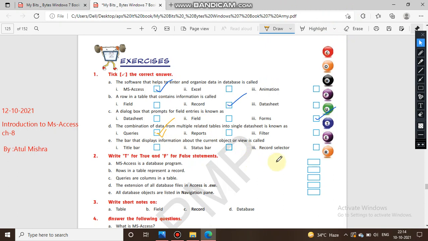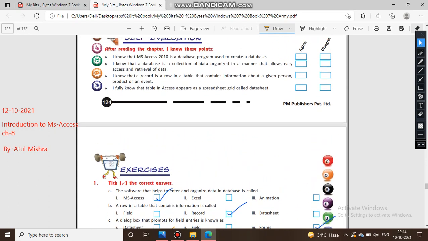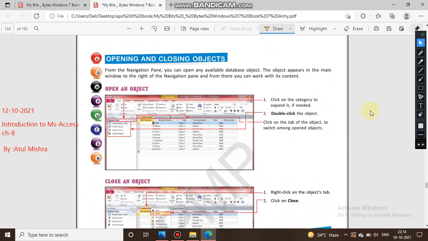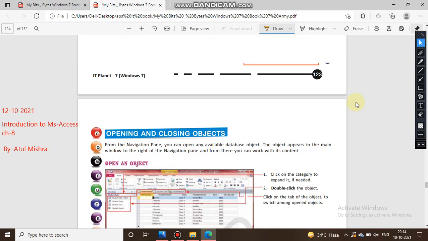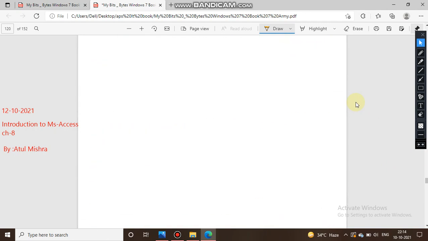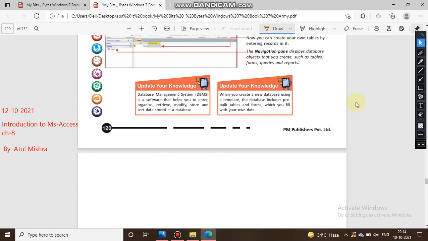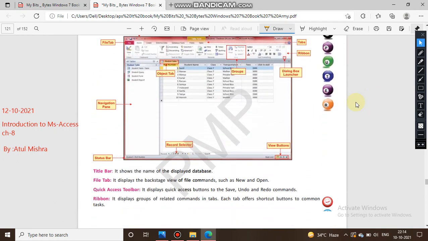So which bar shows it? It's the status bar. Or you can also say a record selector can show. Okay, so let's see whether it's a record selector or a status bar. Just let's go above where it has been described, about each field.